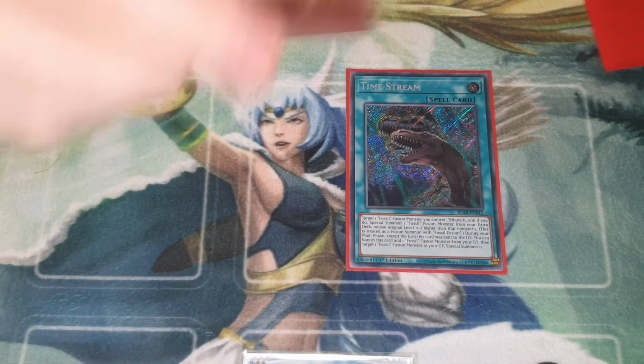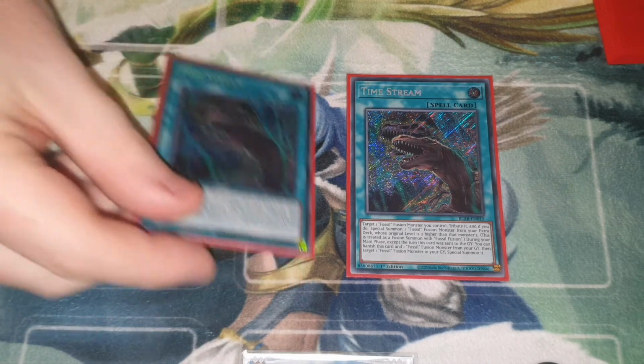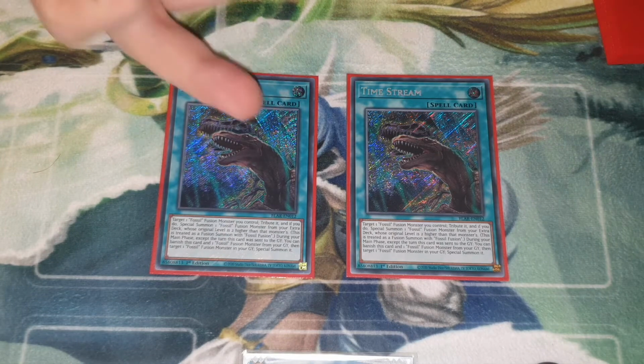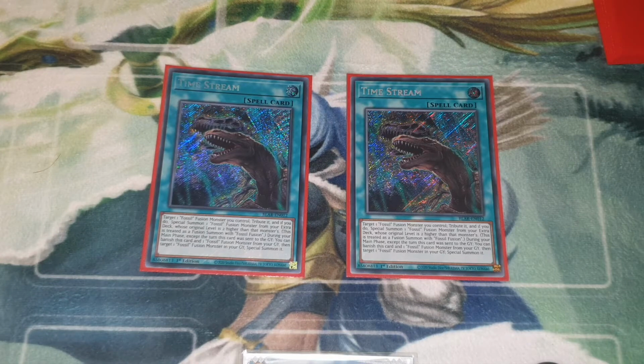I'm only playing 2 copies of Time Stream, because the grave effect comes up more often than the on-field effect. The on-field effect is you target a Fossil Fusion monster you control, tribute it, then summon another one from your deck that's 2 levels higher than the one you tributed. In grave, you literally banish it to Monster Reborn a Fossil Fusion monster. It's such an incredible card, but mostly for the graveyard, which is why I'm running it only at 2,